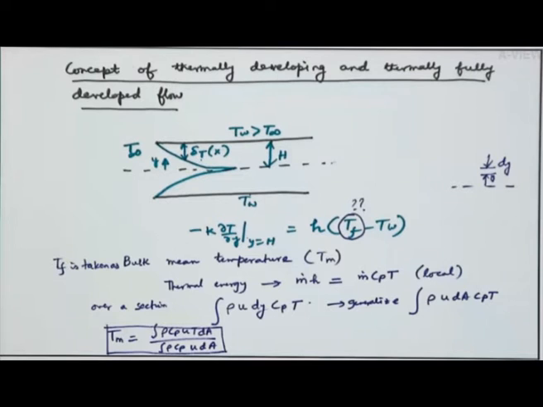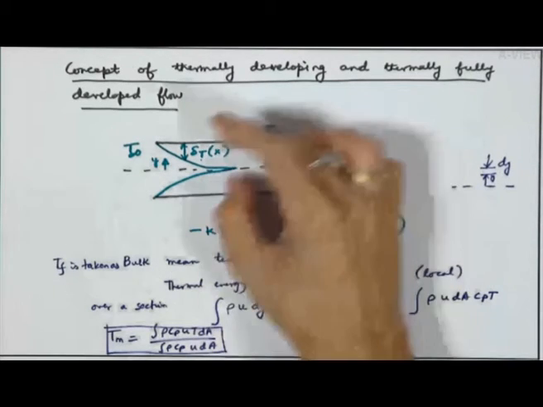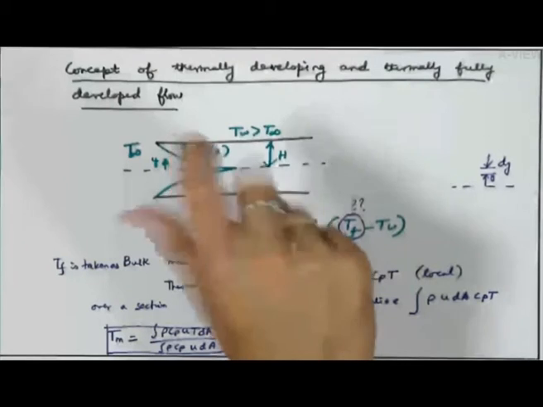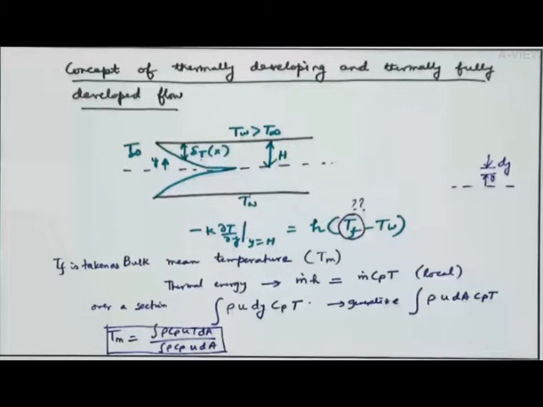So, physically what does it mean? Physically what it means is that if at a section you stir the fluid or mix the fluid very thoroughly, after a rigorous or vigorous stirring, you will get an equivalent uniform temperature, and that uniform temperature is the bulk mean temperature, which represents the same thermal energy, but an equivalent temperature which could have existed across all points in the same section to represent the same thermal energy as that of the original case.